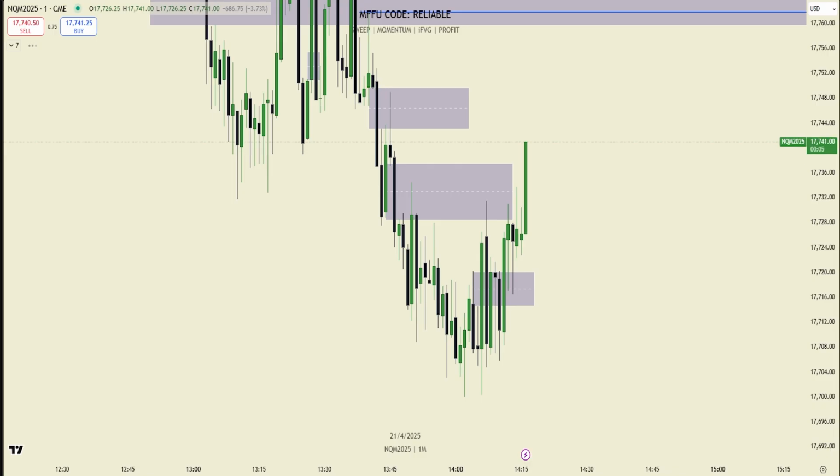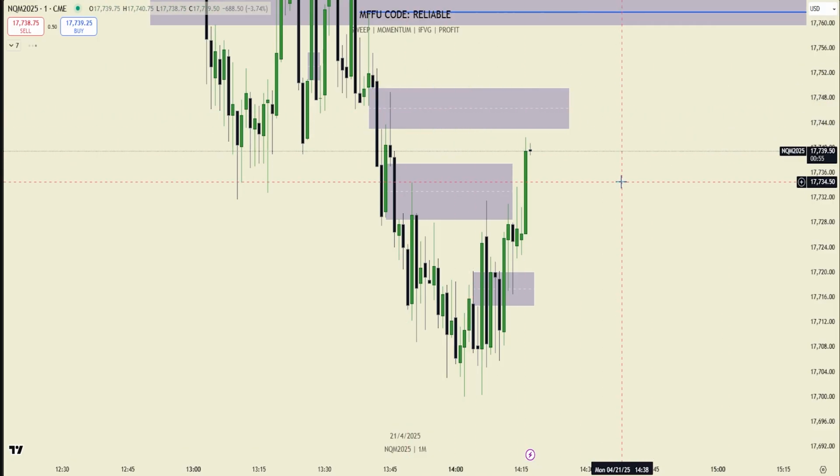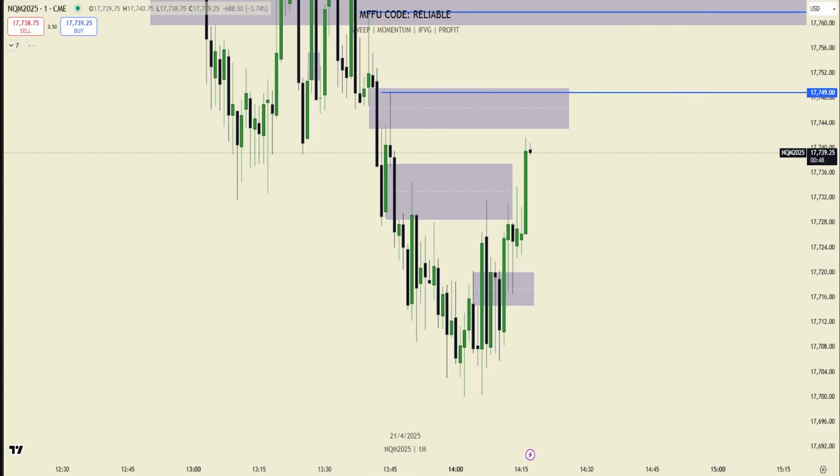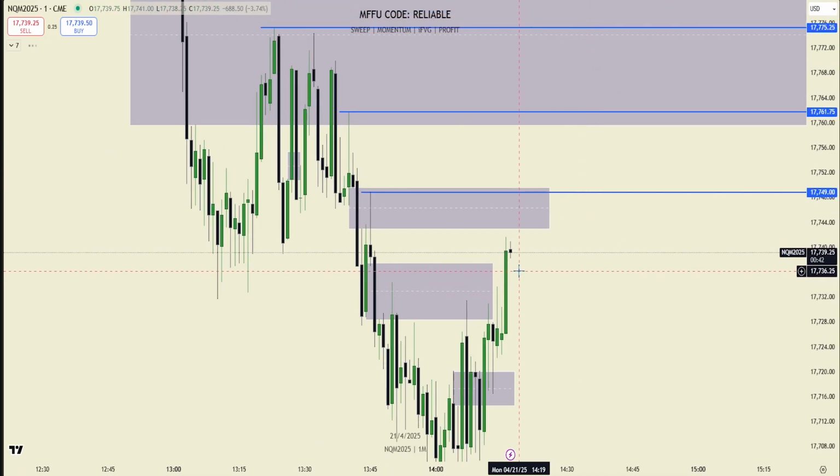Probably just going to take it on an eval since I don't really know what the bias is right now or what the draw on liquidity is. Yeah, there would be the entry, right? Got the close above. Might still respect this 1 minute here, so just got to be careful of that. Break even would be the high inside the fair value gap, so here. And then we just expect price to kind of run up now that we've disrespected a bearish PD, right?